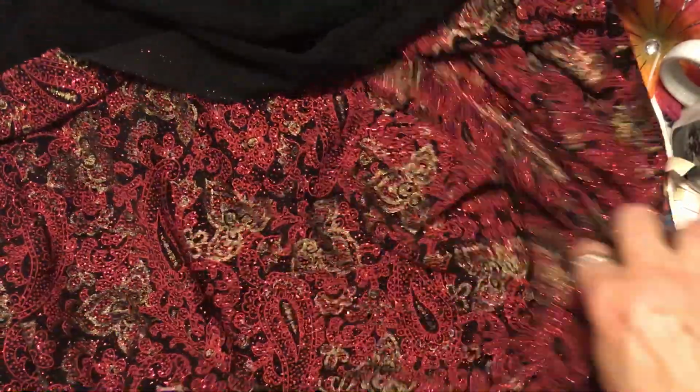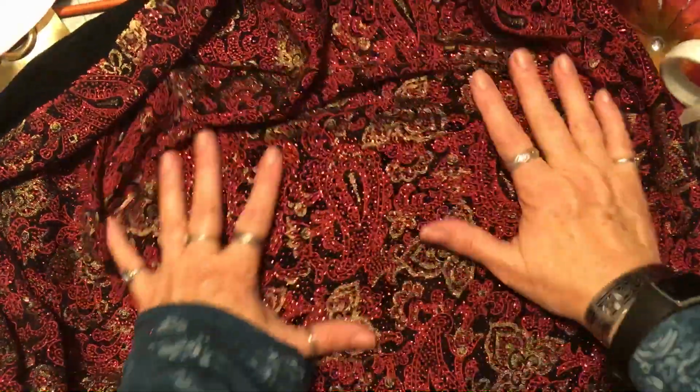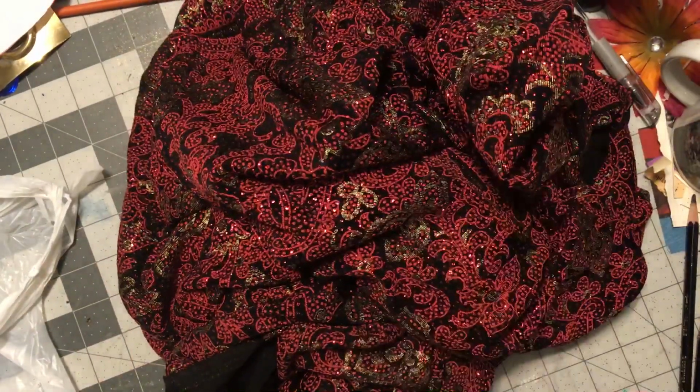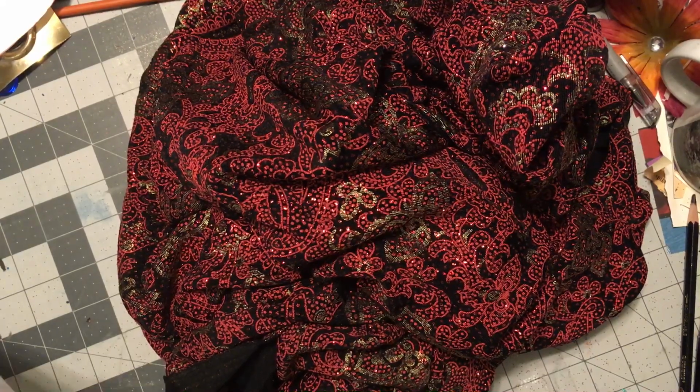So I got some retail therapy. It's got paisleys. Can you see them? Some retail therapy and some beautiful fabrics. So some of this is going in my red and black quilt. Okay, on a totally unrelated maybe,